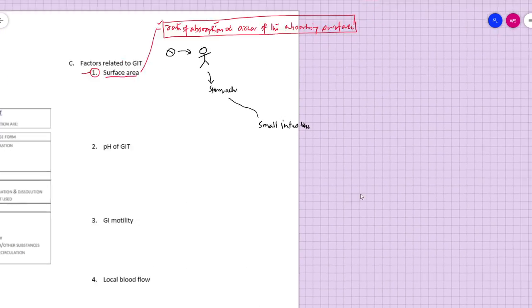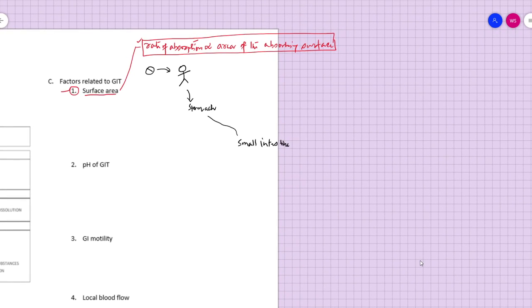Okay, so that's what happens. So the stomach,